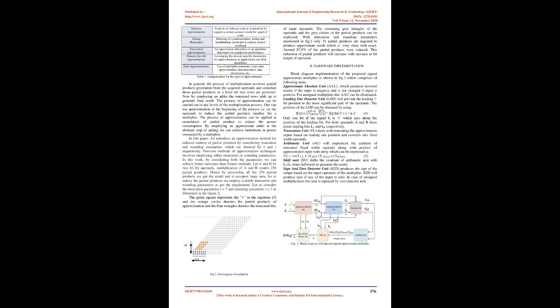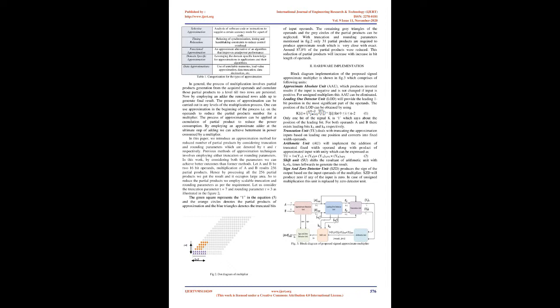The process of approximation can be carried out at any level of the multiplication process. One can use approximation in the beginning of the process, i.e. on the operands, to reduce the number of partial products for a multiplier. The process of approximation can be applied at accumulation of partial products to reduce the power consumption. By employing an approximate adder at the ultimate step of adding, we can achieve betterment in power consumed by a